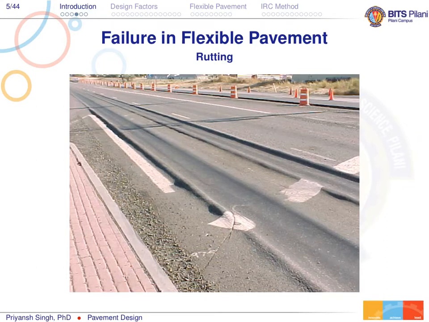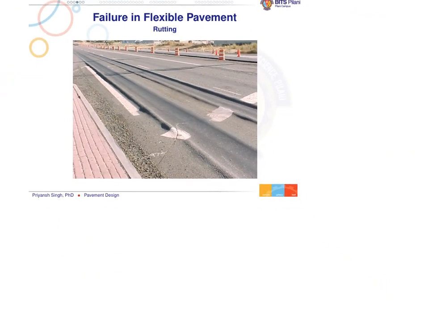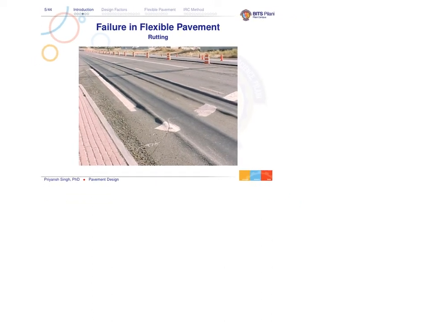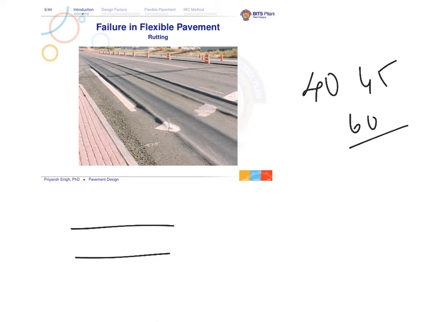What is rutting? Rutting is the permanent deformation of your asphalt pavement. What happens in the case of higher temperature ranges? Let's suppose the temperature is higher, in the range of 40, 45 or 60 degrees Celsius. What happens? Let's suppose this is my pavement, this is the top layer, and this is my subgrade. So if load is coming, and this layer is made up of asphalt material, so the